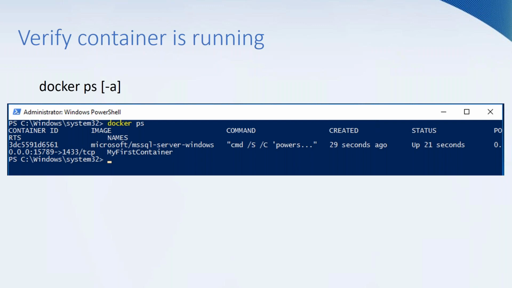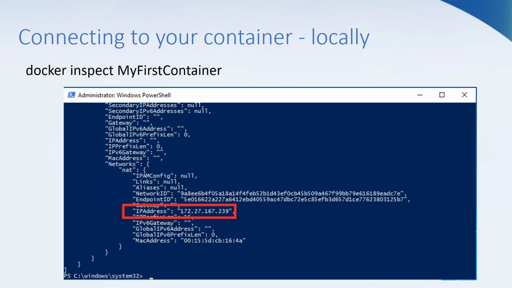So we have our container up and running, but how are we going to connect to it? If we're connecting locally on our host, we need to use that private IP that gets assigned. And we can find that private IP out by running the Docker inspect command. So we say Docker inspect my container name, and that's going to pump out a load of information, but we're